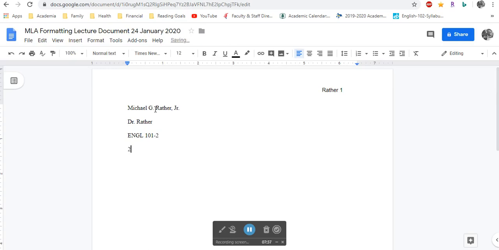Now MLA is very specific about date format. It has a numerical date, and typically the full month is spelled out, although I have seen it where it's acceptable with a shorthand month and then a numerical year. And I do recommend that you put the 4-digit year. And then you space down and you use up here for the paragraph formatting to center, and you would place your title